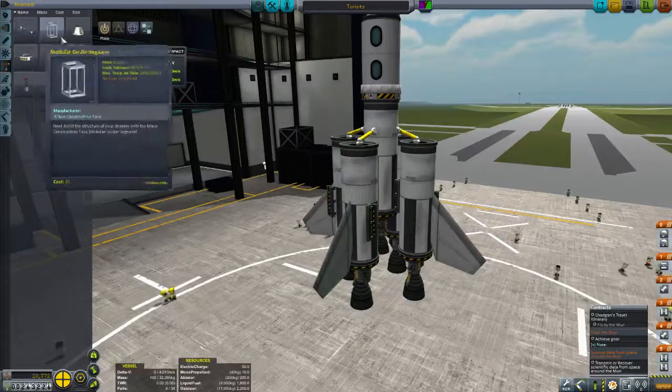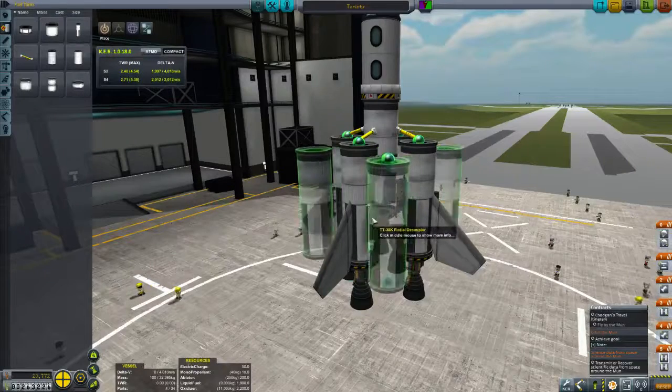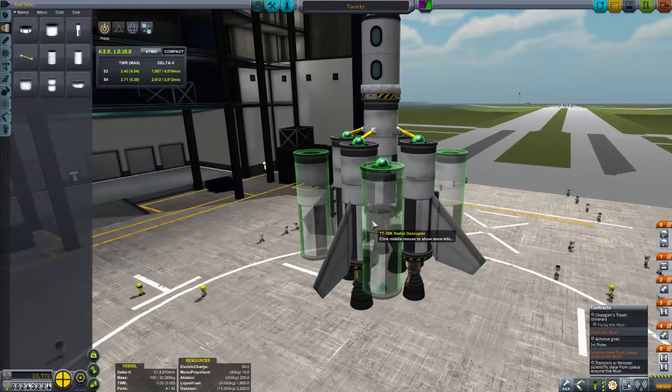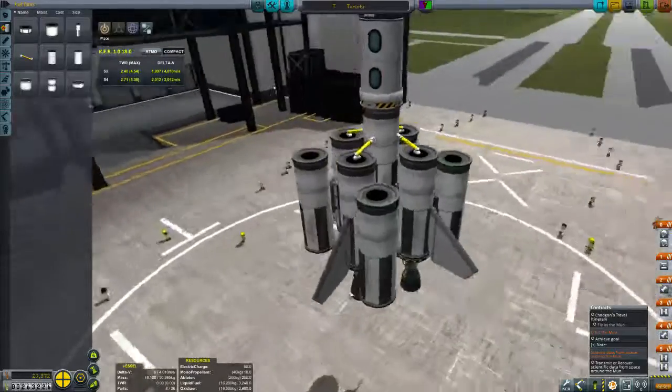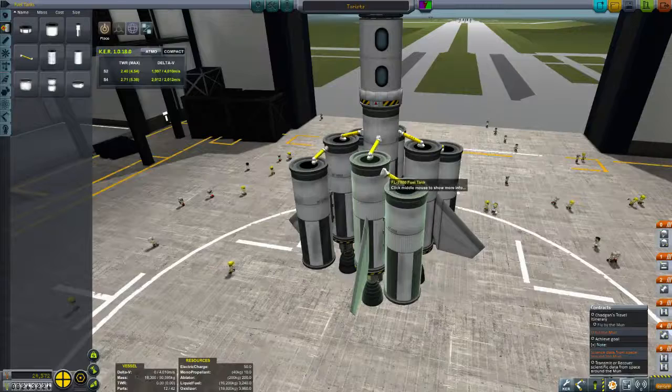Pop that there. If we can, I'd like to get some more fuel tank in. This might be too much, I don't know. Let's see. If we put that there and have this fuel line coming across the top,